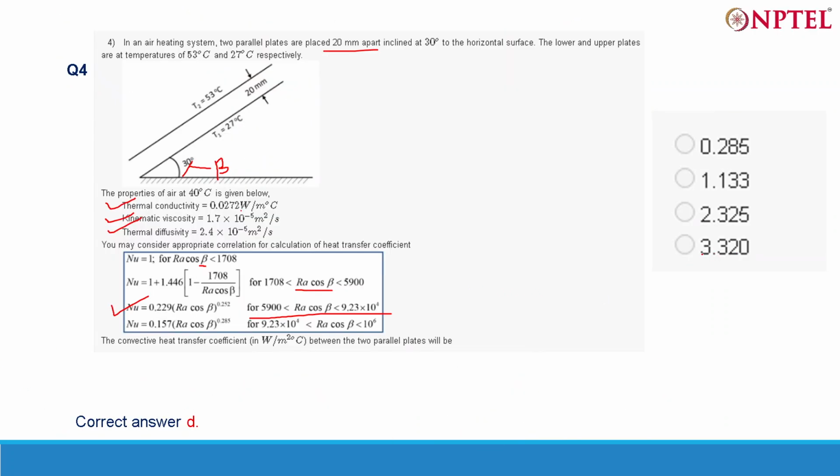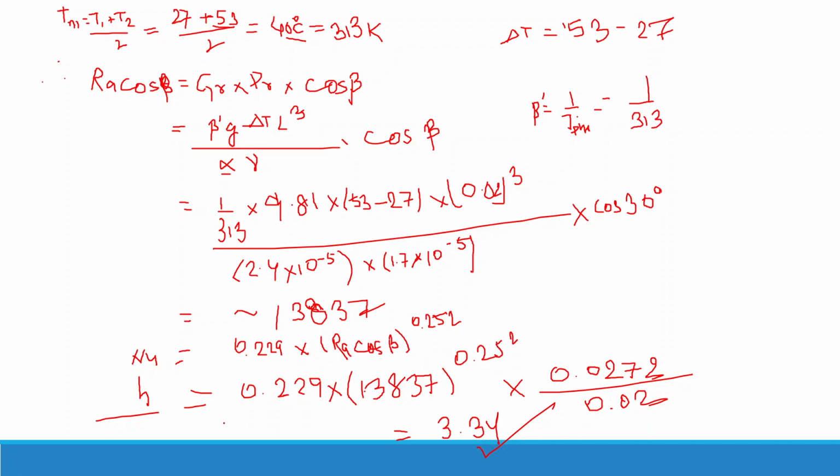So the nearest answer is 3.32. So this is the correct answer. Okay, answer D. So please see this question and see the solution and try to visualize how this question has been solved. Okay,